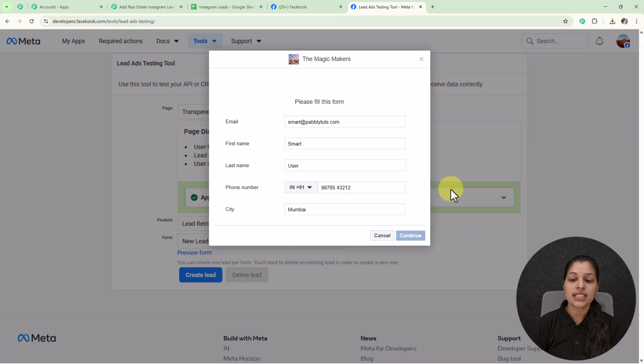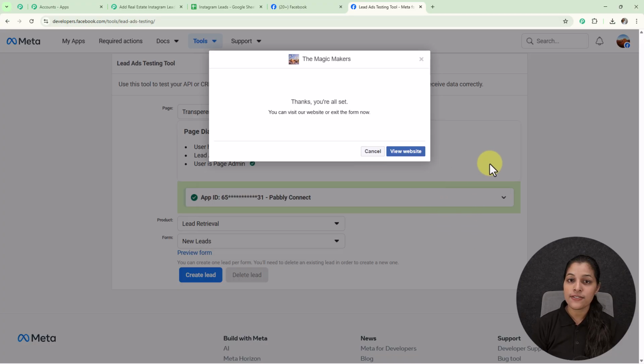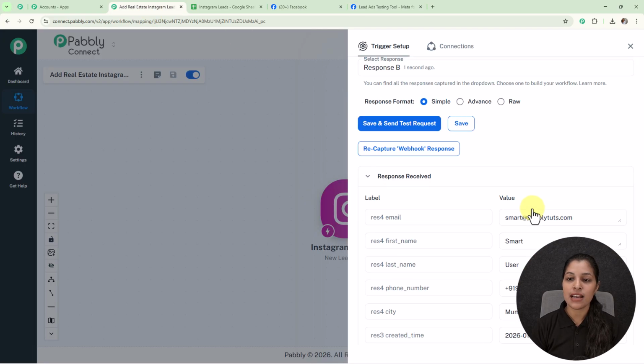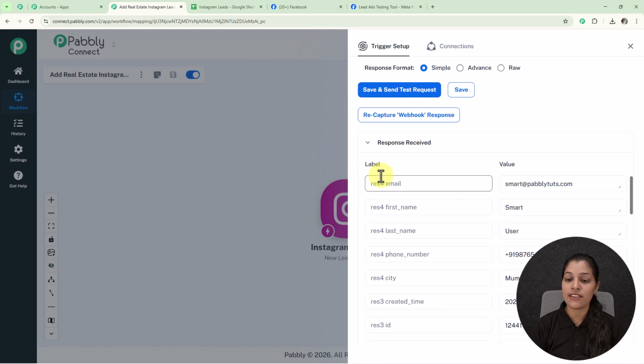Now let's click over this continue button and submit button for submitting our form. And here our Instagram lead ads form is successfully submitted. Now let's move on towards my Pabbly Connect to check whether my Pabbly Connect is capturing the data or not. So here you can see in my Pabbly Connect I am successfully receiving this response having the same details which